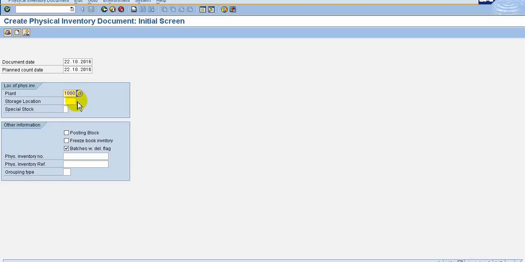Now here, storage location, in this we will see 001. In these other informations, there is the posting block. If we wanted to block the posting, we can check this box, we can flag this box. Also, freeze the book inventories. We wanted to completely stop everything as of now,